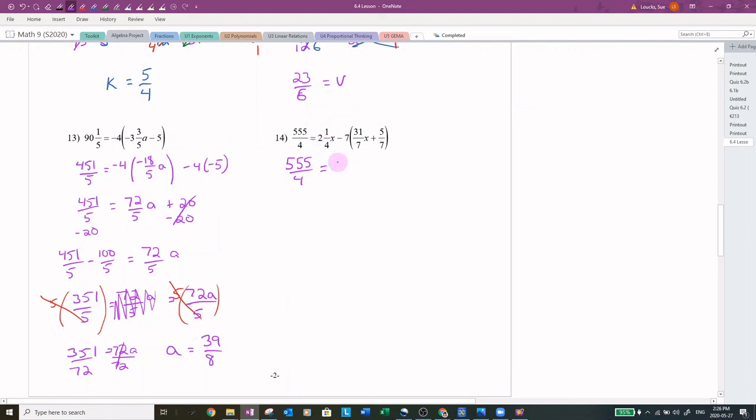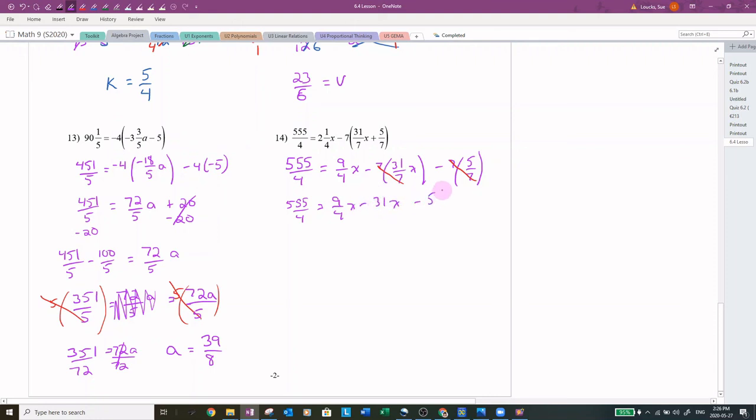So 2 times 4 is 8 plus 1, this is 9 over 4x, minus 7 times 31 over 7x, minus 7 times 5 over 7. And then look at this, the 7s are going to cancel out, right? Because that's multiplication. I can cross-reduce both of those. So that's handy. And I get 555 over 4 equals, I'm going to rewrite this, 9 over 4x minus 31x